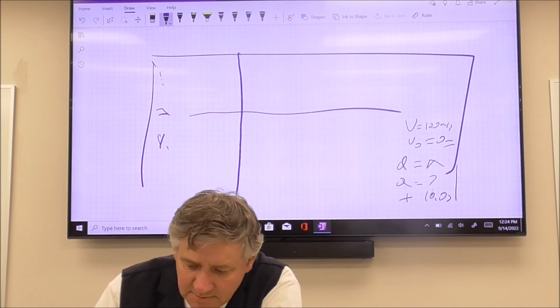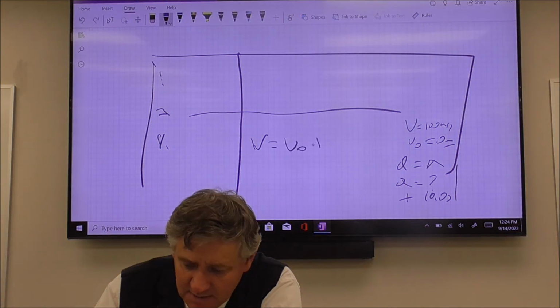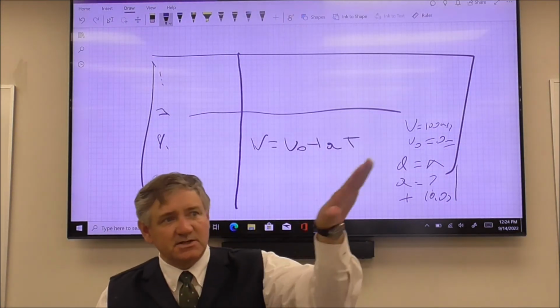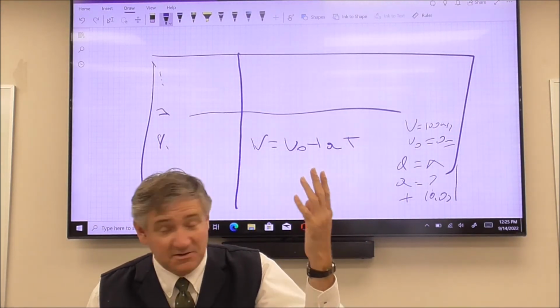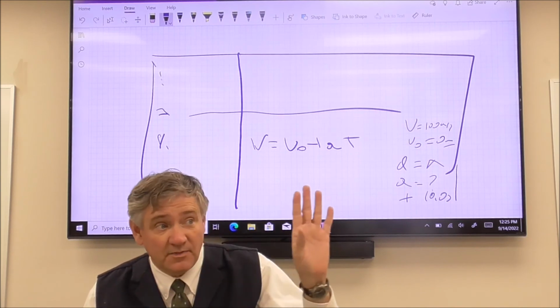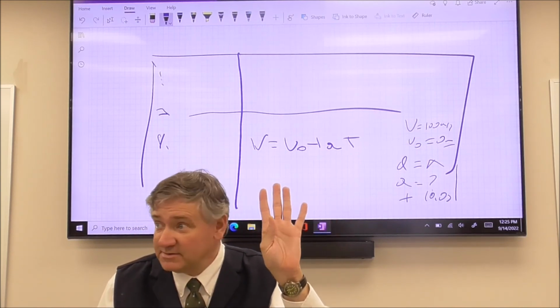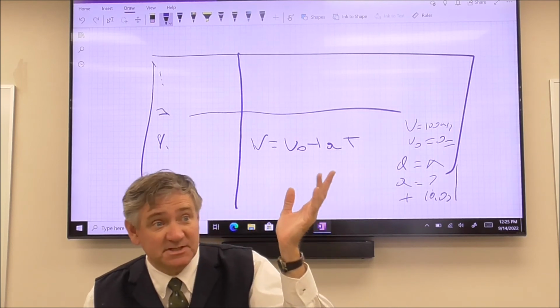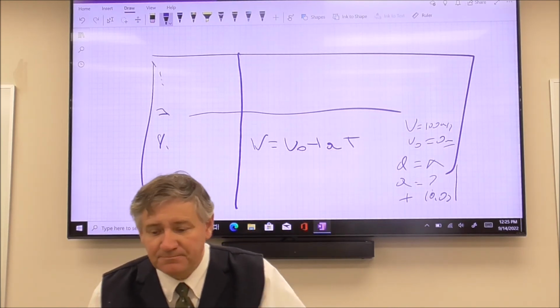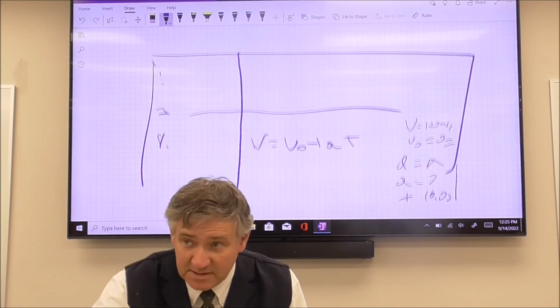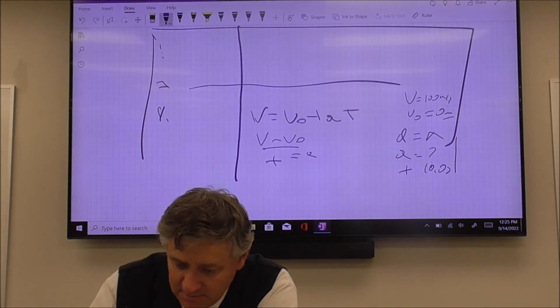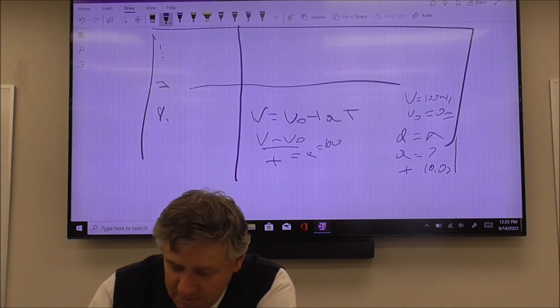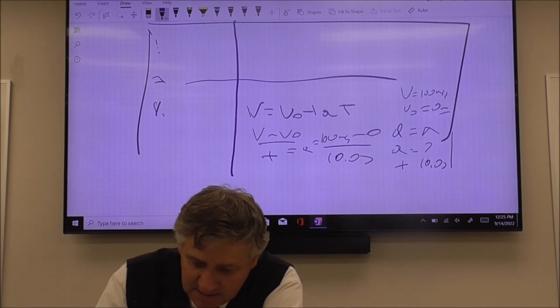So what I would do is sit here and say, okay, I know V equals V naught plus AT. That's the equation that I'm going to start with. The beauty of this is that there's only 4 equations. Literally, for the test next Tuesday, there's only 4 equations. That's the only thing you have to choose from. You've got a 25% chance, even if you just randomly guess, which hopefully you won't. But now, I need to solve this for acceleration. So I'm going to have V minus V naught over time equals my acceleration. Then I'm going to have 100 meters per second minus 0 divided by 10 seconds, and I'm going to get